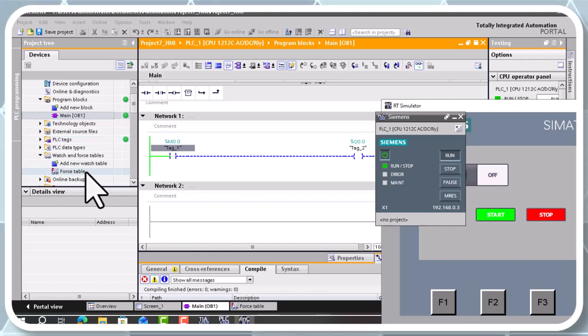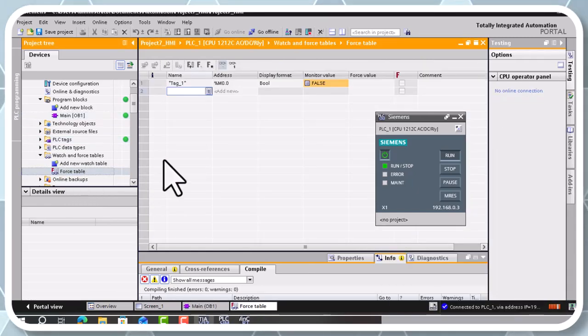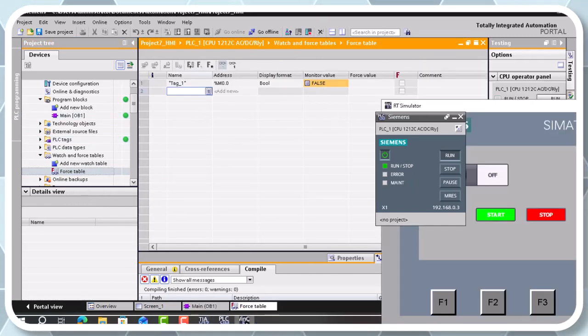Now let's open our force table again and start it again. You see that nothing worked, and I cannot switch to our monitor because the program is hard for my PC, but you can do it by yourself, and you see